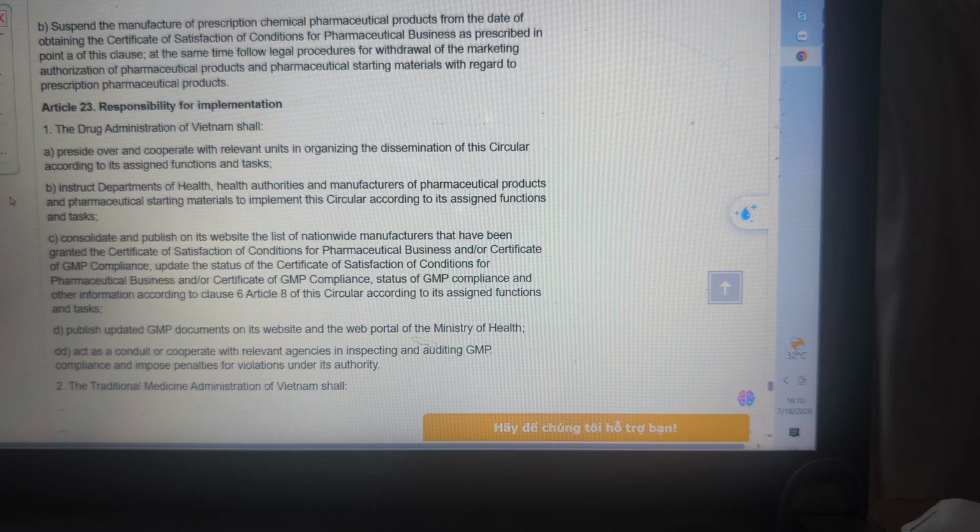The Ministry of Health acts as conduit or cooperates with relevant agencies in inspecting and auditing GMP compliance and imposing penalties for violation under its authorities. The Traditional Medicine Administration of Vietnam shall